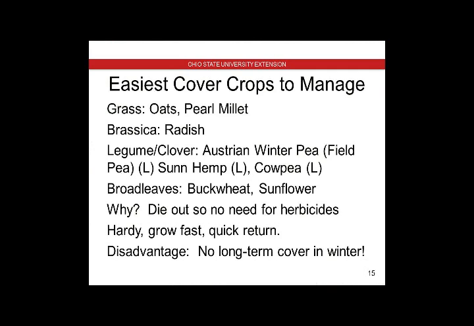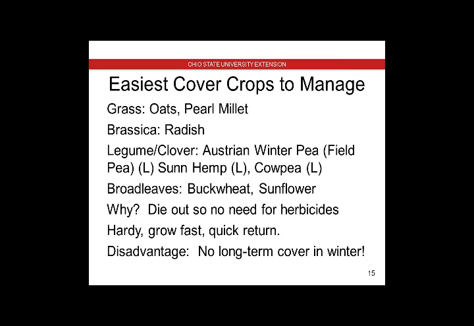So here's some of the easiest cover crops to manage. The reason I've separated these out is because most of the time it doesn't take a lot of management. They tend to die out, so you don't need a lot of herbicides on them. So you can plant oats or pearl millet. With the brassicas, you can generally plant a radish. In most areas of the United States, it gets cold enough in the winter that the radish will die. And then we have these legumes. The Austrian winter pea, especially if they're planted late summer, if they get enough growth on them, they're going to die out. And then sun hemp and the cowpeas, those are all summer annuals.